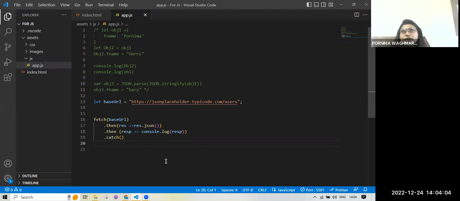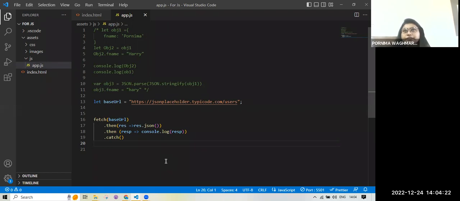In that we have @Component and @NgModule.